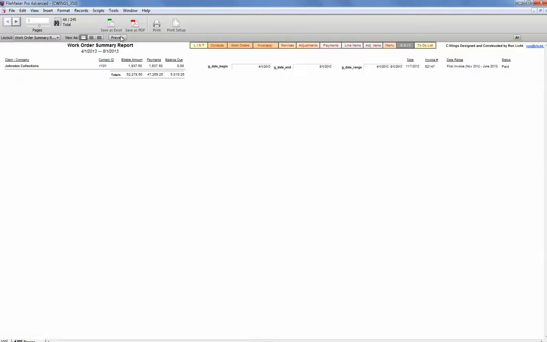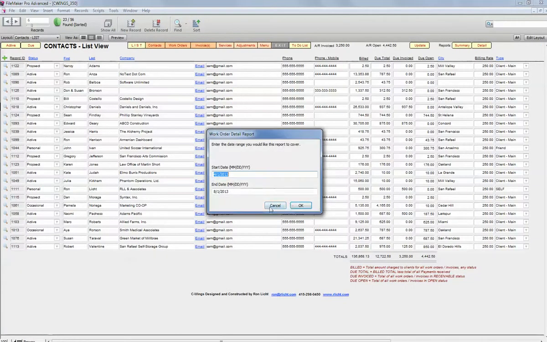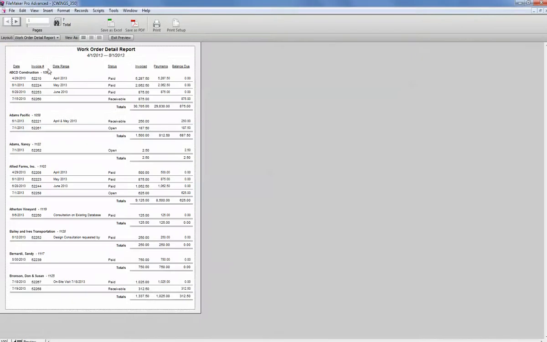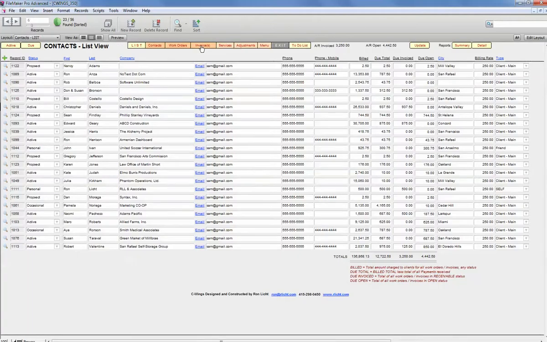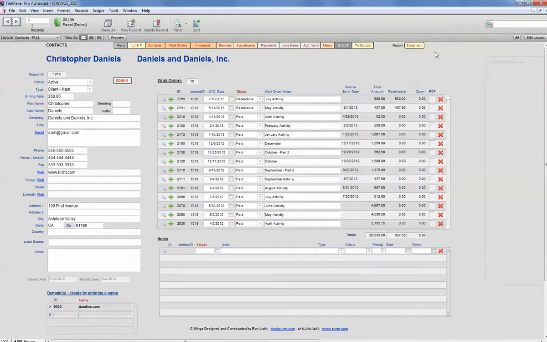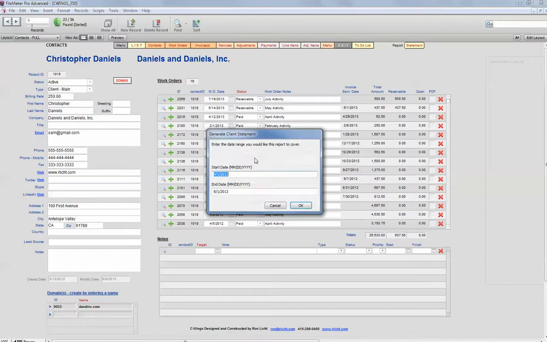And a convenient total. We've also got from the list a detailed version, which will show the same time range. It shows for every customer which invoices have been generated and the status of each. So if somebody's got an overdue balance, you can see whether they've skipped or what needs collection. And then finally, for a particular customer at any time, you can generate a statement, which is